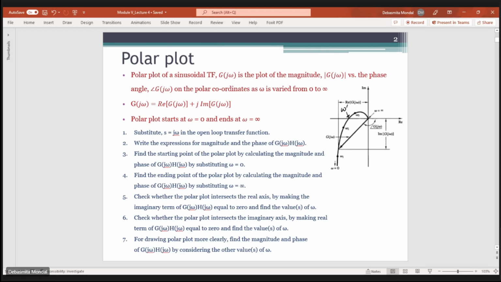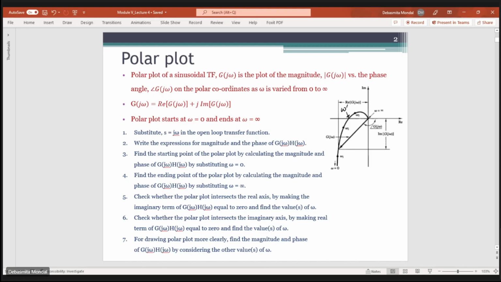Okay, so these four are the basic points which you need to find out while drawing a polar plot. Once you have found these four points, the next thing you need to do is either draw an approximate curve just by joining these points, or, to draw it more accurately, you have to consider other values between